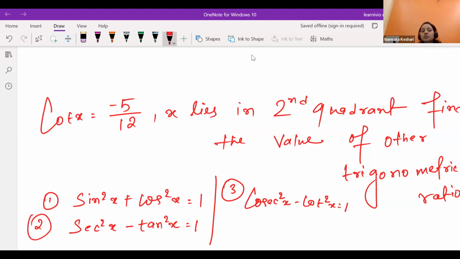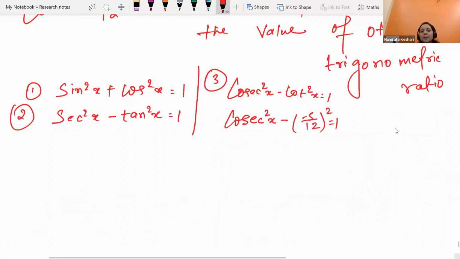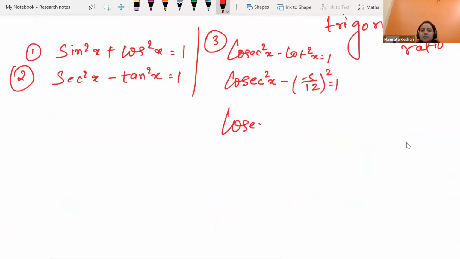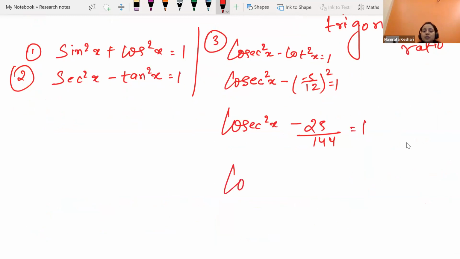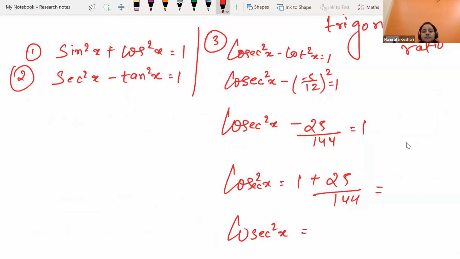If we use the third identity, directly we will be getting cosec. Cosec square minus cot, where cot is minus 5 by 12, whole square is equal to 1. Are you doing it like this, Ali and Alina? Cosec square x minus 25 by 144 is equal to 1. Cosec square x is equal to 1 plus 25 by 144. If we add them, what are we going to get? 144 plus 25, that is